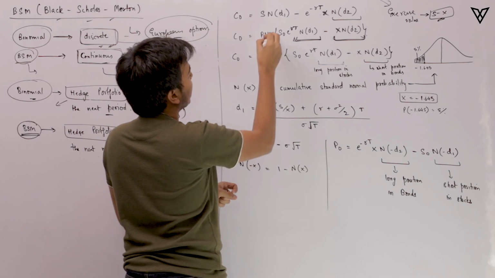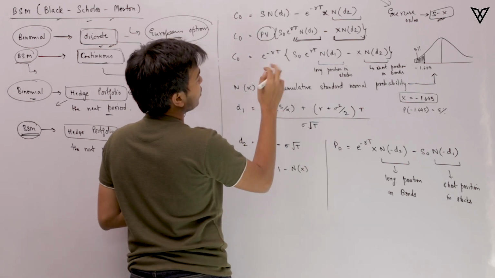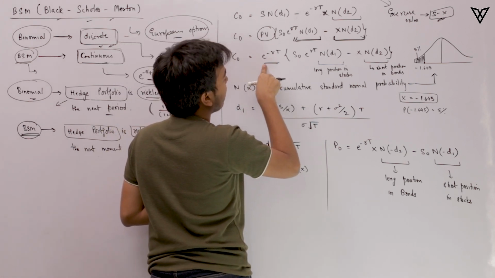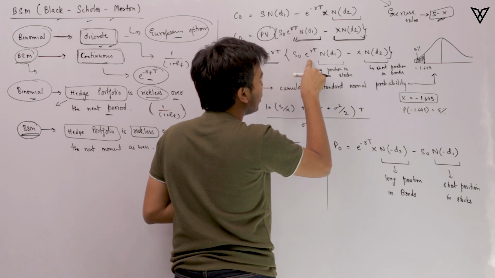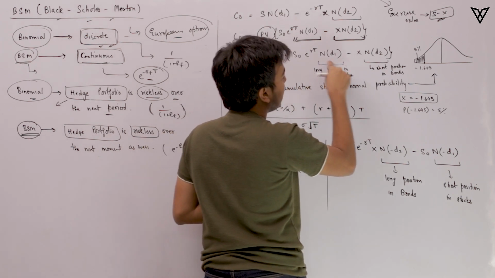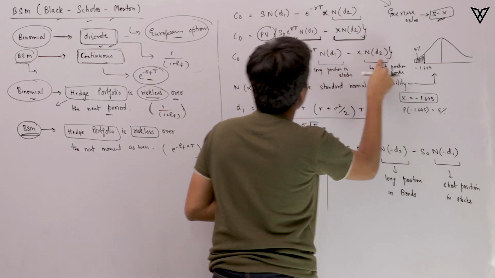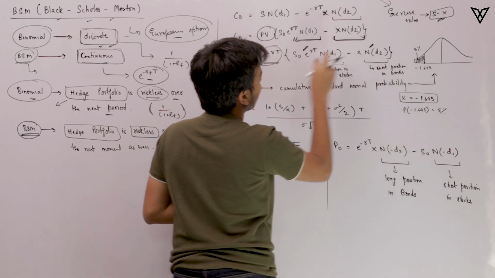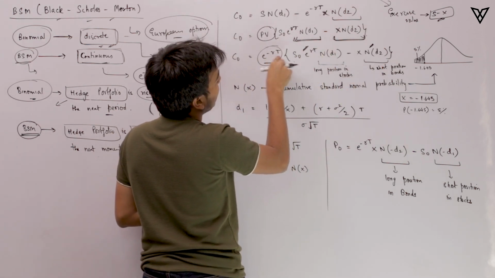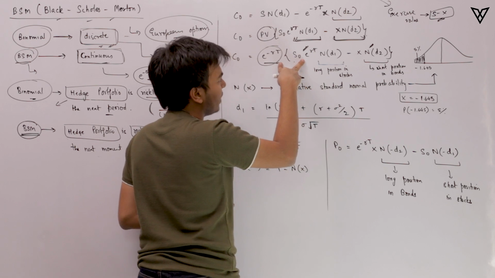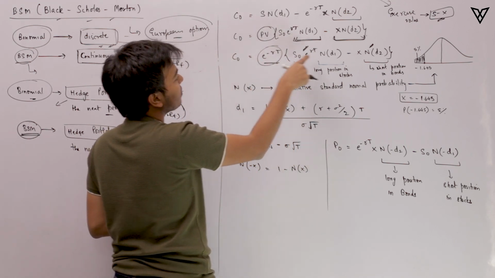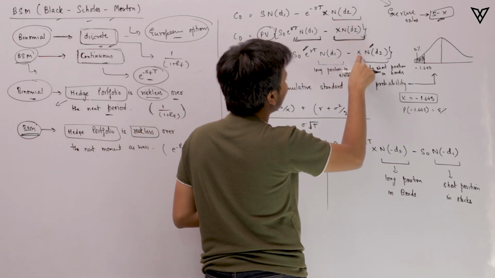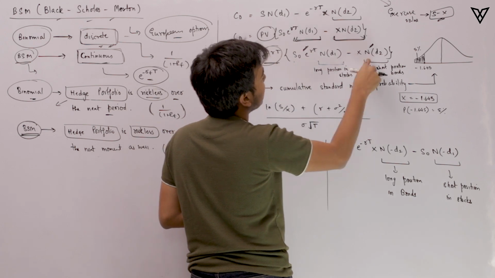So how do you really figure out the present value for continuous time distribution? You basically take e to the power minus RT. Alright, so you will multiply e to the power minus RT into S naught into e to the power RT into N(d1) minus X into N(d2). Alright, so when you apply this to this bit and to this bit, what happens here is e to the power minus RT and e to the power RT gets cancelled. Because here we have the power in negative terms and here we have the power in positive terms. So that gets cancelled out. And here what do we have? Here we have X into e to the power minus RT into N(d2).